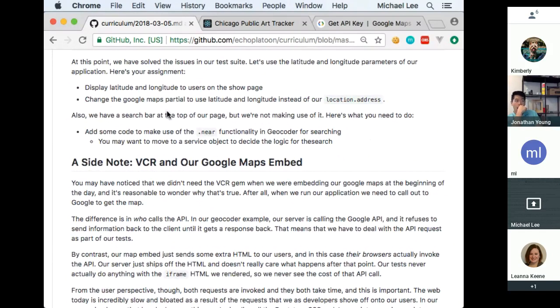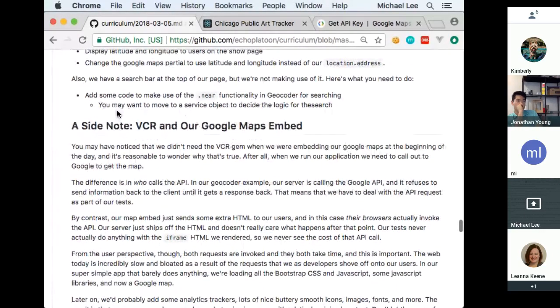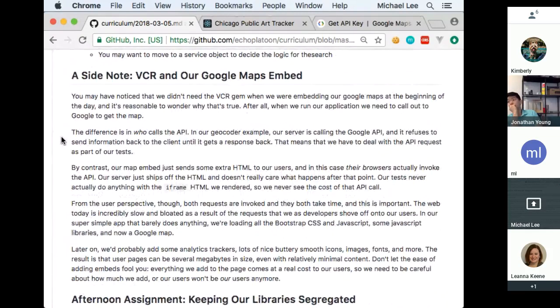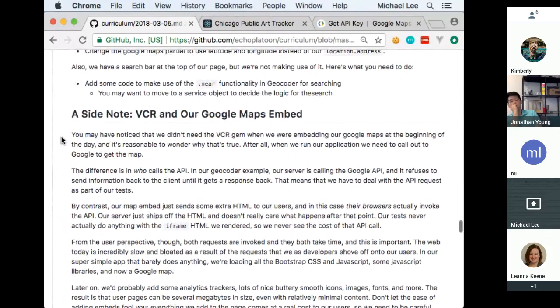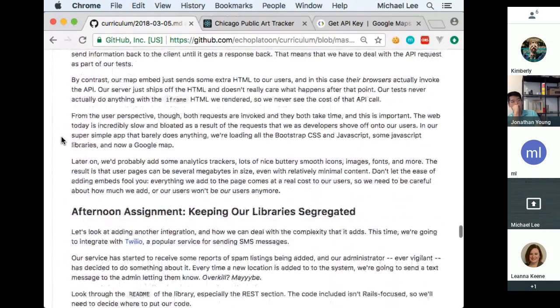And we have a search bar that's not functional right now. We want to make some code that uses the .near of Geocoder for searching. And you may want to move to a service object after you get it working. That will be a lot, maybe for half the day. If you get farther, there's also